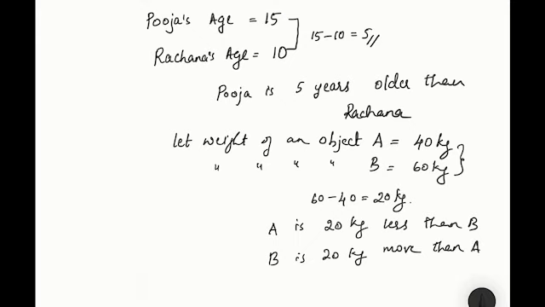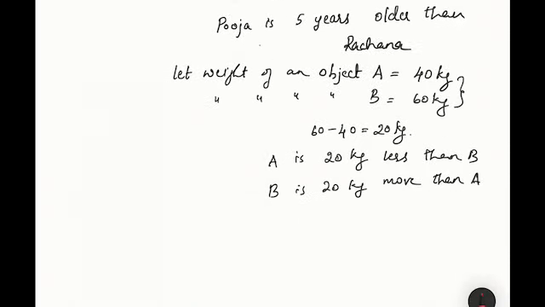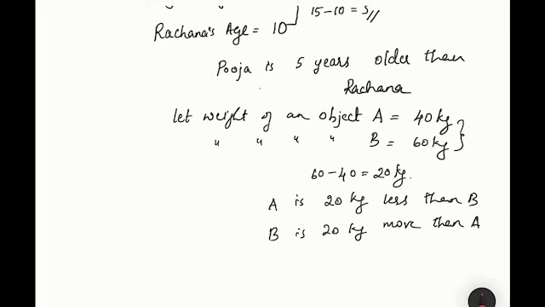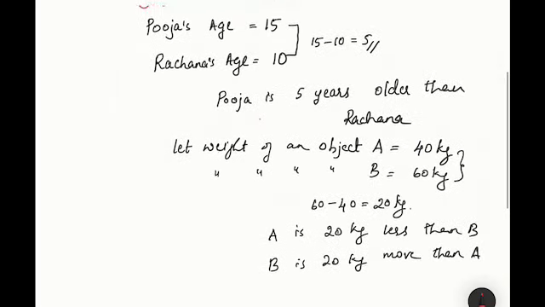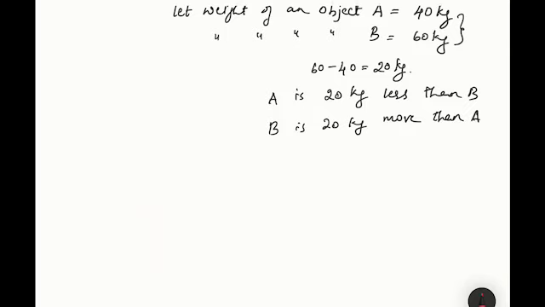Is it clear? Similarly here also I can tell, in this case also, we can compare the same way. Pooja is 5 years older than Rachana, or Rachana is 5 years younger than Pooja. You can use any of the comparisons. Similarly, I initially explained about numbers. I was telling 5 is less than 10, or I can tell 10 is more than 5, or 10 is greater than 5. It's a clear way to explain it. So, this is how we do comparison by subtraction method.